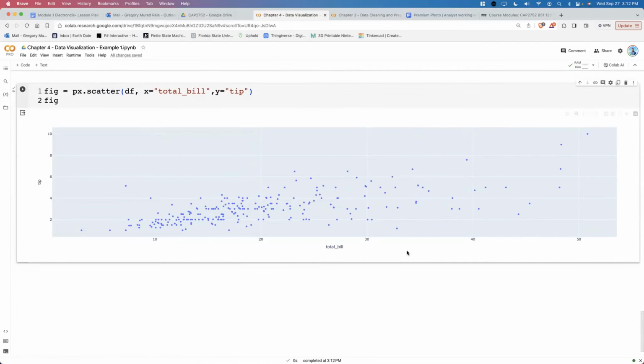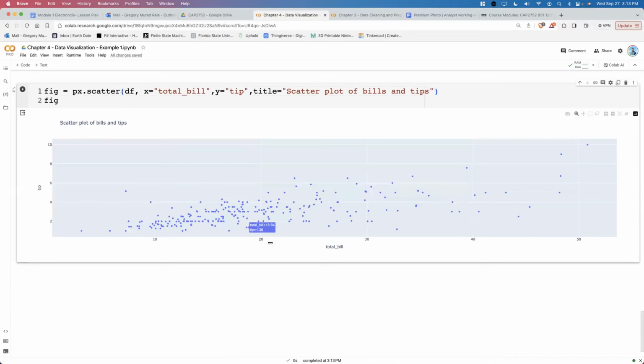Okay, this is the total bill. So as the total bill increases, it's expected that the tip also increases. But you can see some high bills here. For example, this one was $44 and the tip was just $2, right? So this is what the scatter plot gives me. If you want to give it a title, you can give a title, okay? So this is a scatter plot of bills and tips. You can see here that there is a trend, obviously, that the higher the bill, the higher the tip, but you can find some elements that are outside this linear regression here,